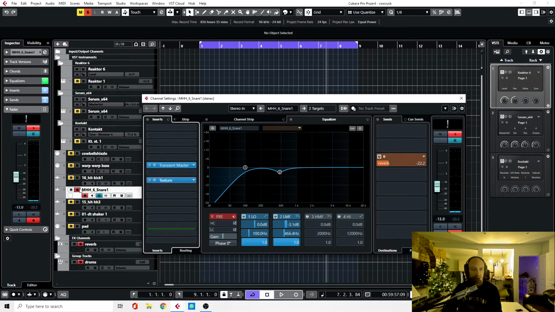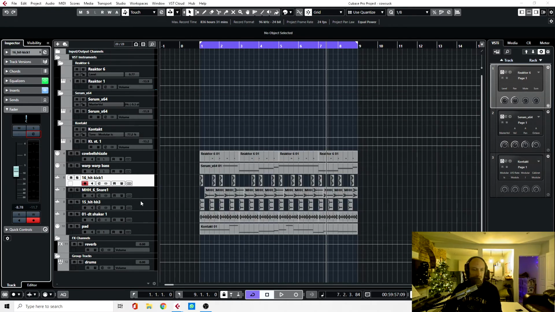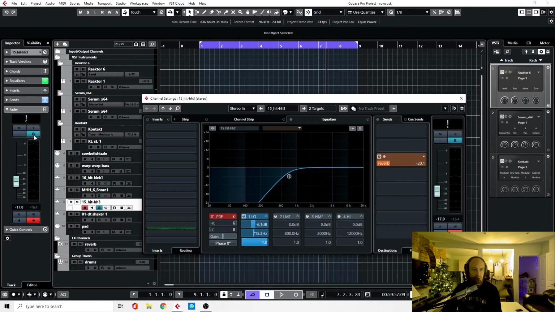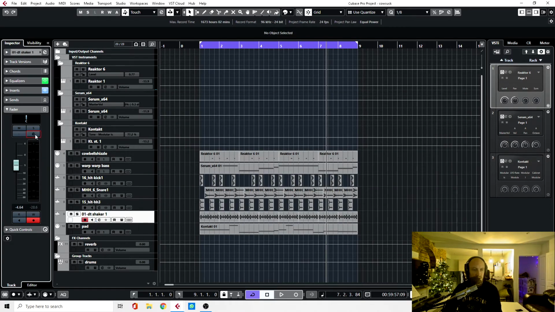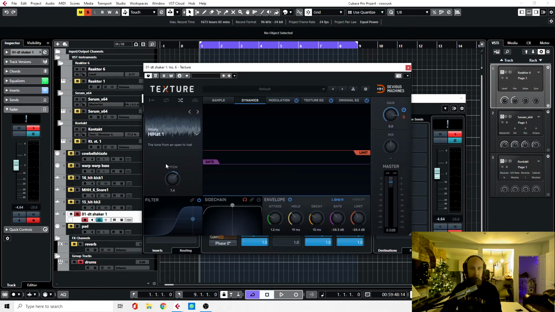So that's on the snare. It is also the transient master on the kick, but I've also added it onto, sorry, not the hi-hat, but this shaker pattern as well. So again, if we just solo the shaker and then let's play it without texture,